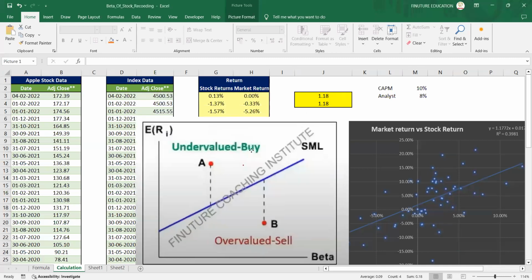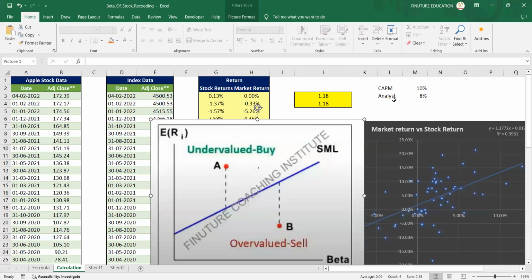So I think we were on the correct line. If your CAPM returns are more, like this blue line that you see in this graph is the CAPM return, and this is what the analyst has predicted. When I say blue line, I'm comparing the Y coordinate, that is expected return. If the blue line is higher than what the analyst has predicted, like in this case, the security is overvalued. So one has a right to short the security because it is overvalued. Likewise, if CAPM returns are less and analyst returns are more, then the security is